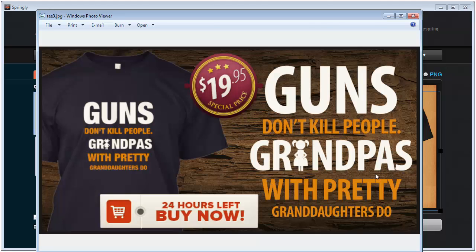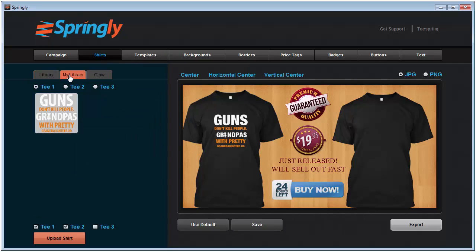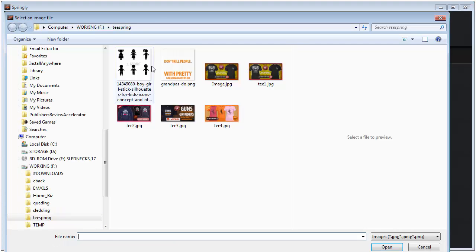Like this here. I want my image to the side so that people can see the graphic right in their face, and then they see it on the shirt. So I like doing that technique. It works really well for my conversions. So let's go ahead and do that. And what you do is go into the shirt section here, and you can go to My Library, and then you just go upload shirt, but it's not actually the shirt you're uploading. You're actually uploading your